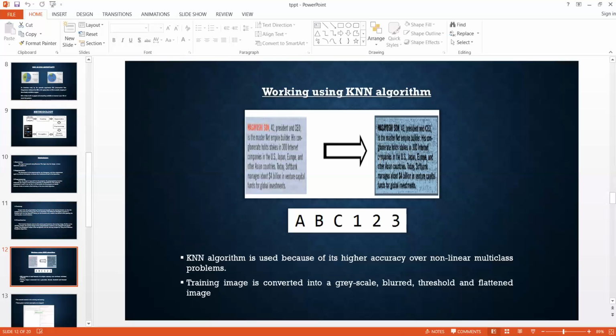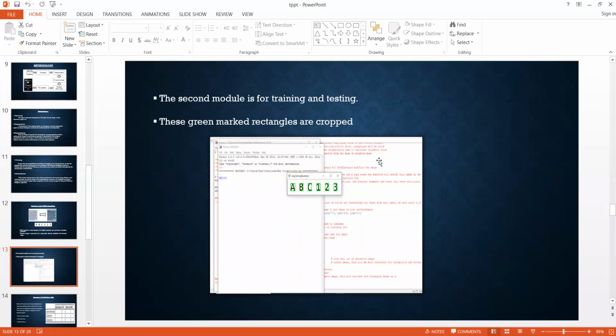The second module is training and testing. The saved files are loaded. The second module is for training and testing. Training: how do we train the machine? Images from the pre-processing functions are brought to the training function so that the program can store the training data into its database. The k-nearest neighbor function is already built into the OpenCV library. So the function only needs to be called while passing the training data to a set function.